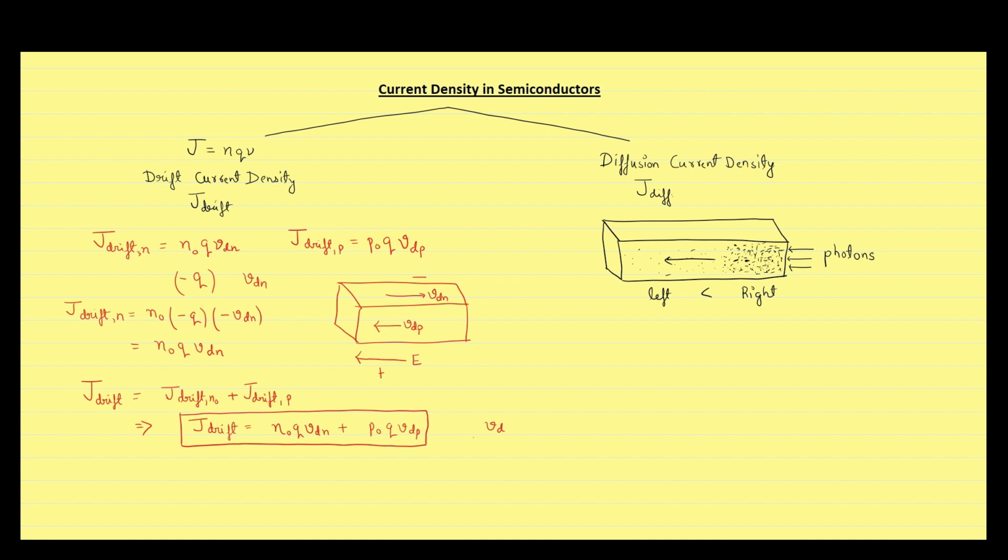However, you also know that drift velocity is actually equal to mobility multiplied by electric field. So, we can write drift velocity for free electron to be equal to mobility of free electron multiplied by electric field, and drift velocity for holes to be equal to mobility of holes multiplied by electric field. By putting these values of drift velocity in the drift current density, we will get